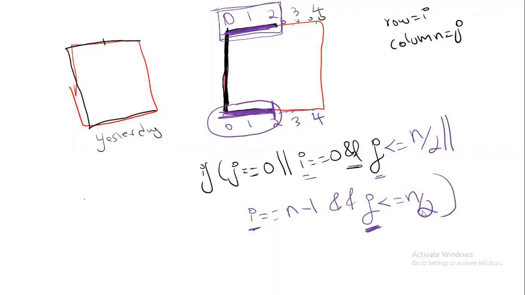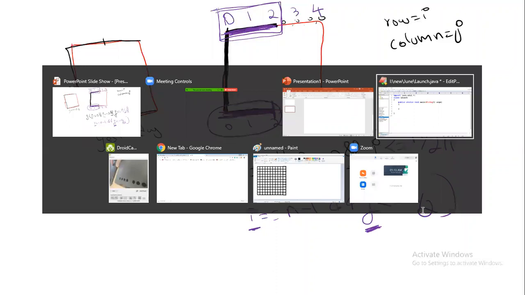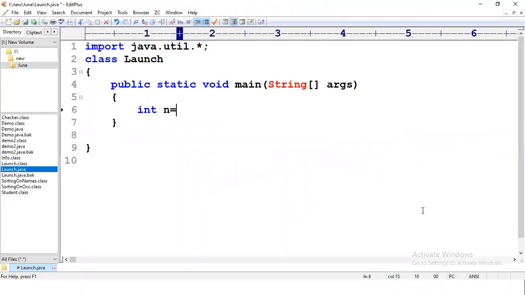So if you write a program for this, int n equals to 5. I hope you remember in what way we have to write the program. I have told you, right? First, always you get star 5 cross 5 star. You have to get the output. After you get that output, okay, then only you have to modify. So if I have to print n cross n star, it is int i start from 0. i is less than n, i plus plus.